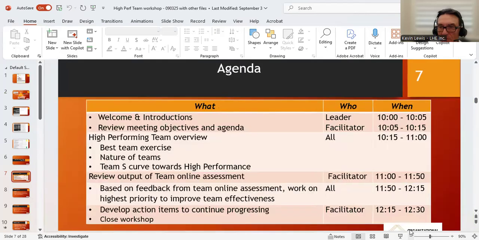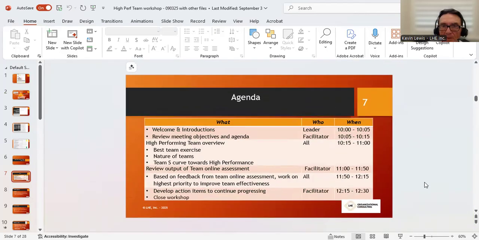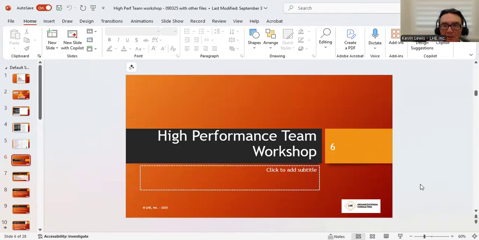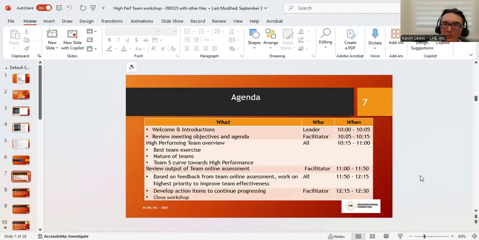So let me make this a little bit smaller so we can all take a look at it. So obviously, this is the workshop cover. Definitely put the date on there, the team. If you do 2 or 3 of these, you'll kind of forget maybe what year it was, maybe 2 years ago. It's like, oh, let me pull that up. Do that. Here's the agenda.